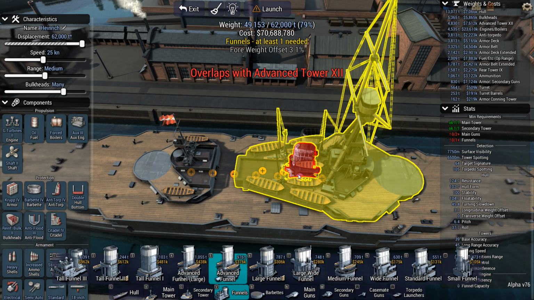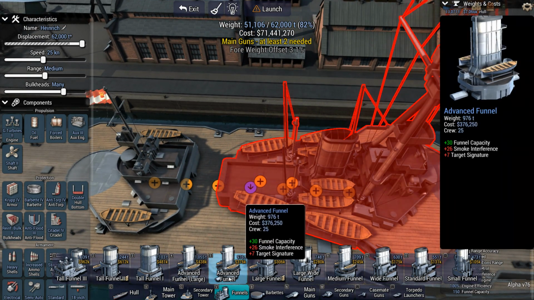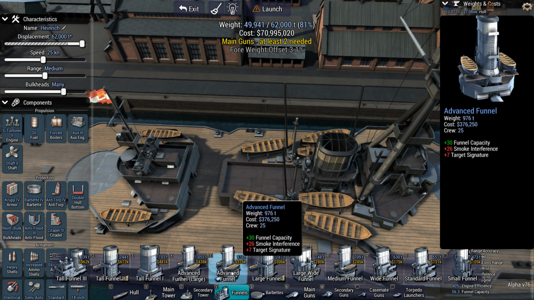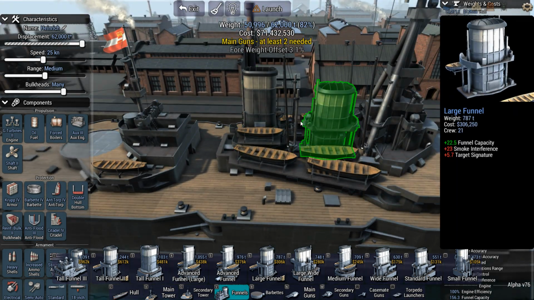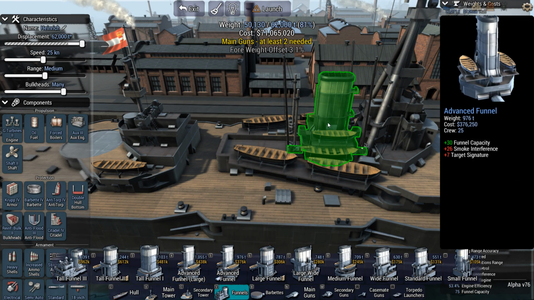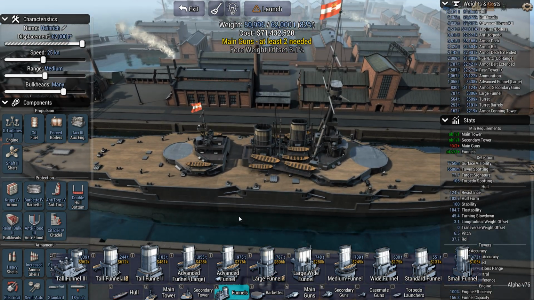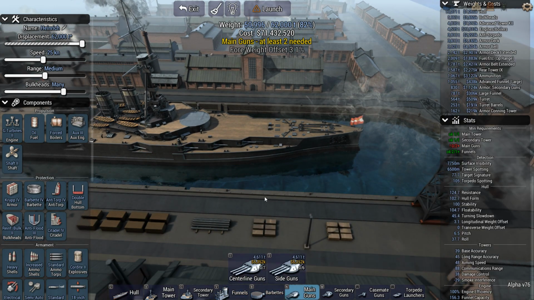Here, two advanced funnels. Ah, and they don't fit? Because they got that weird sticky out part. Yeah, that makes no sense. I'd say the second funnel should be a little lower than the first. Here, 100% engine efficiency. Okay, now I have about 11,000 tons to arm the ship, aside from those 8-inch casemates,